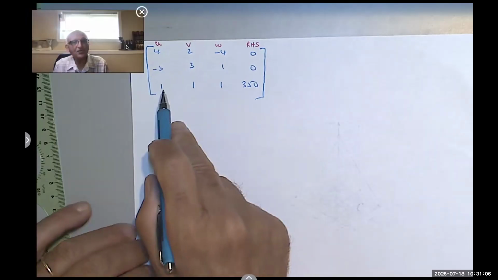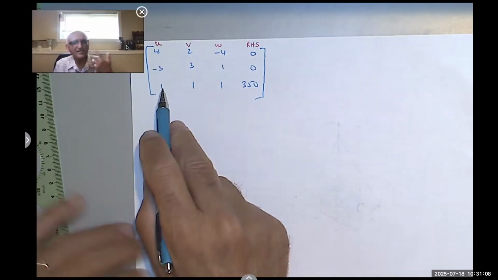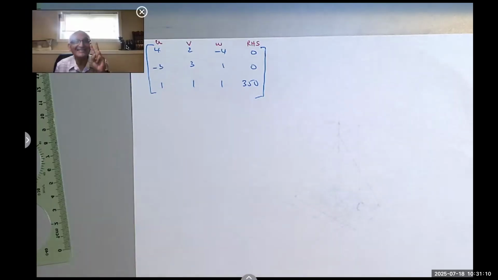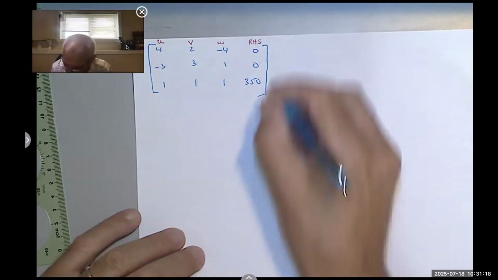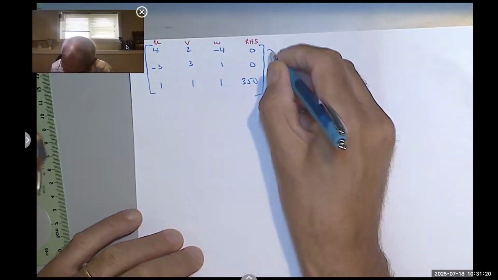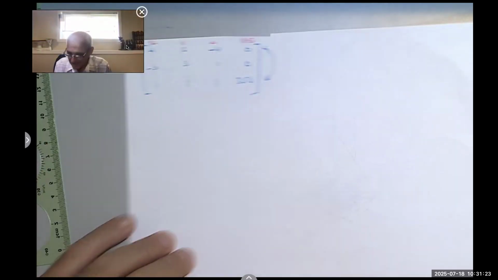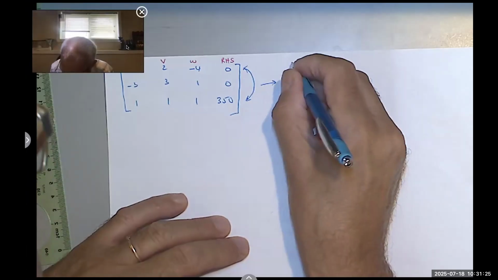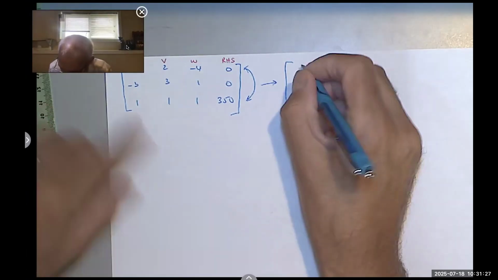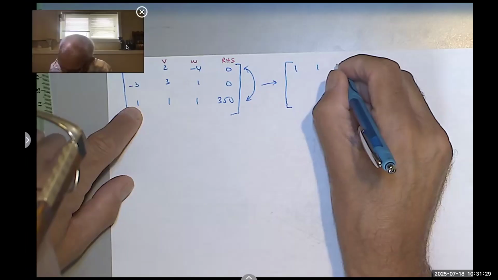I see that there is a 1 here, so maybe the first thing I can do is to use this second elementary row operation. Remember, we can exchange any 2 rows. So maybe I exchange the first and the third like that. And now my matrix would look like 1, 1, 1,